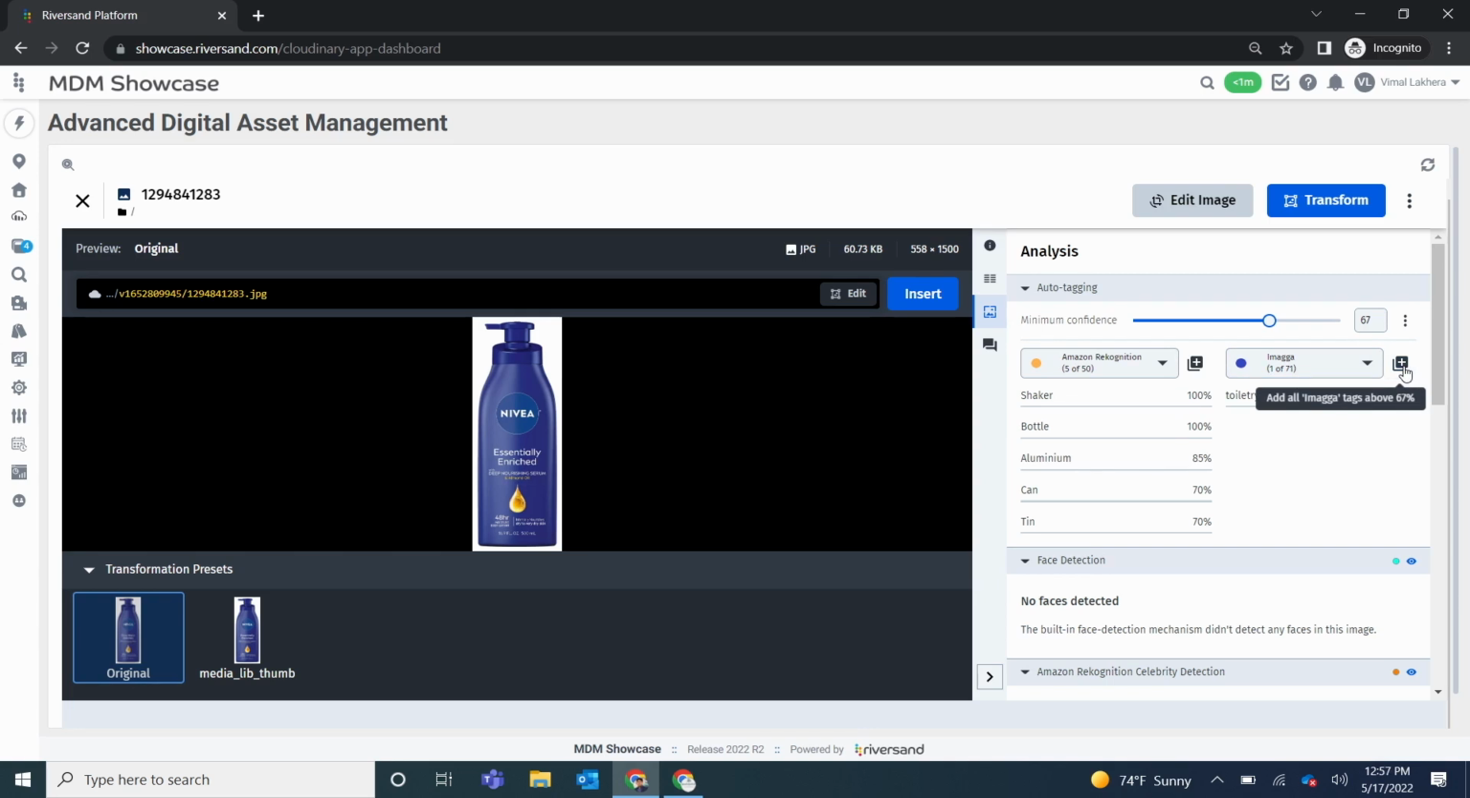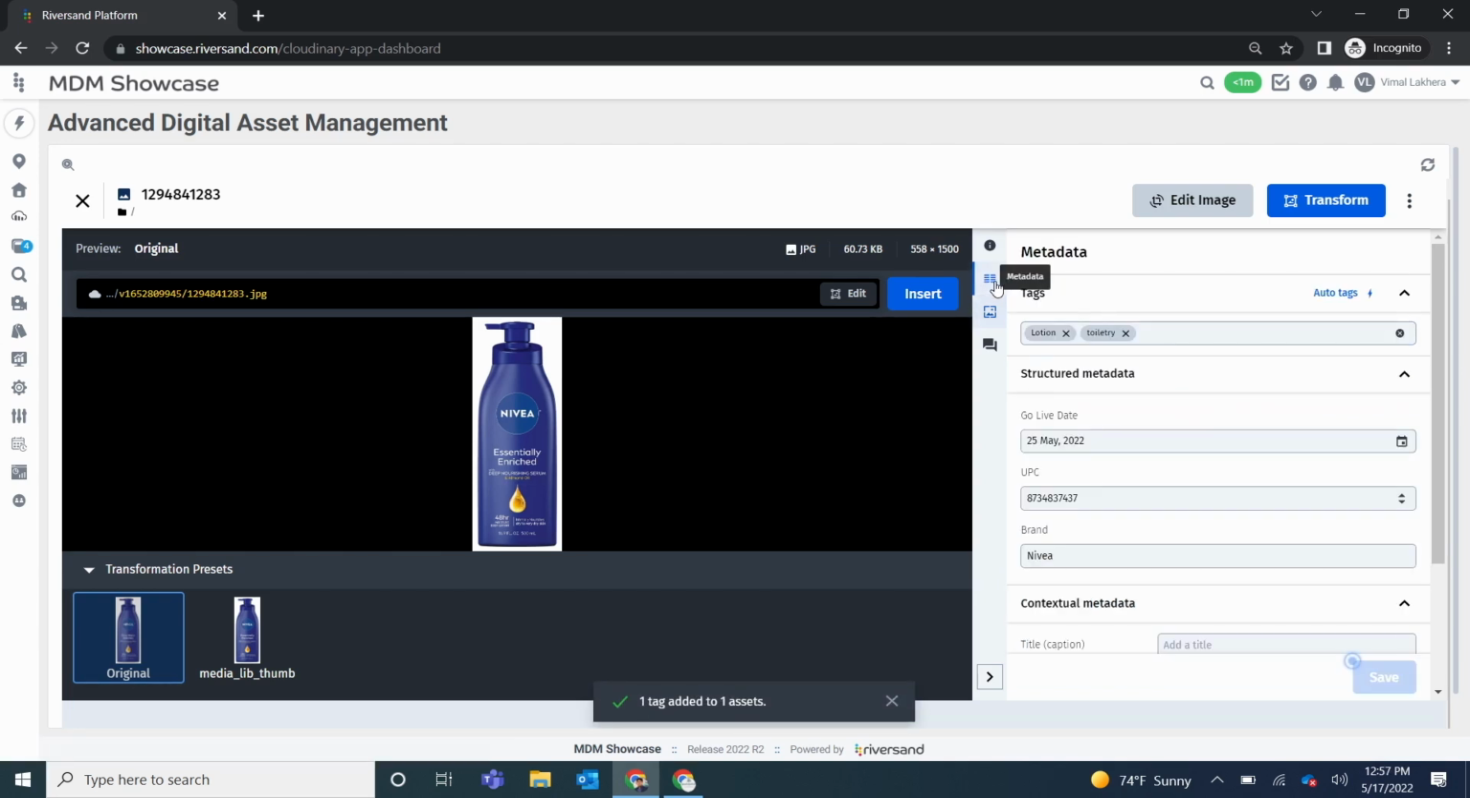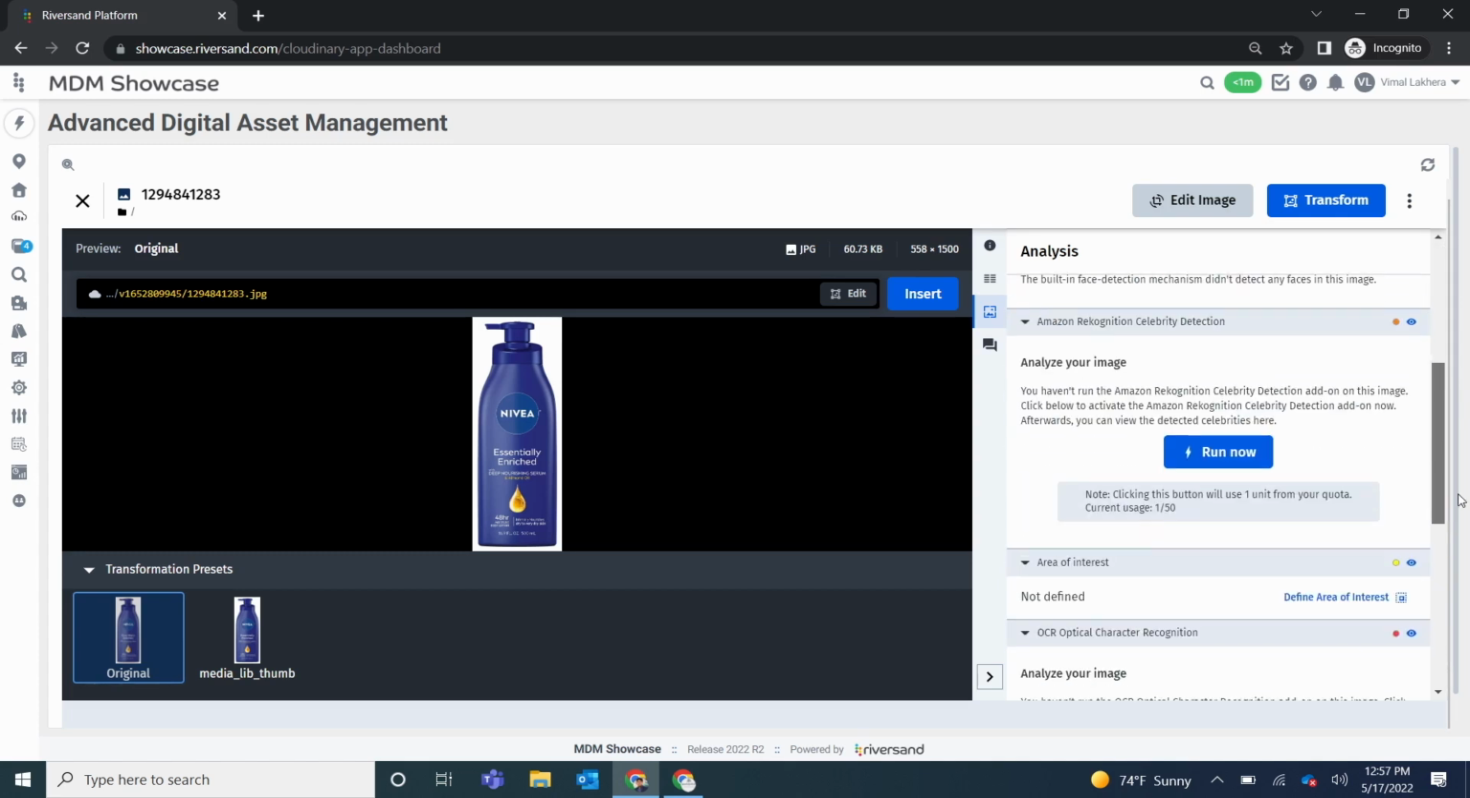And when I do that, the same thing will be added back to my tag. So if I go back, you'll see, along with the lotion, now toiletry is also showing up. So that's what I added by leveraging AI tagging. Now, the next